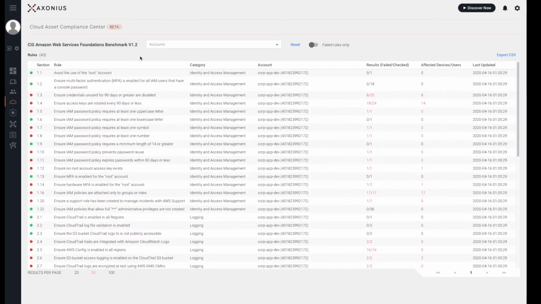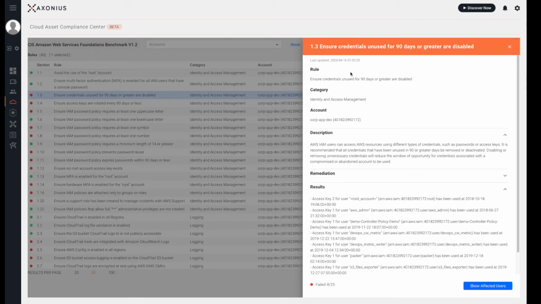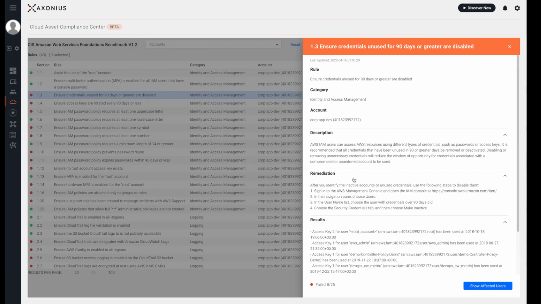The Cloud Asset Compliance add-on in Axonius can be used to automate your cloud compliance efforts. Here, I'm looking at every Amazon instance to see whether it adheres to or deviates from the CIS benchmarks framework for AWS. Here's an example of one instance that's failed a rule for ensuring credentials unused for 90 days or more are disabled. You can see the rule, the category, a full description, remediation guidance, and you can see all